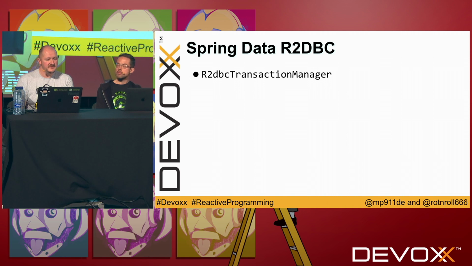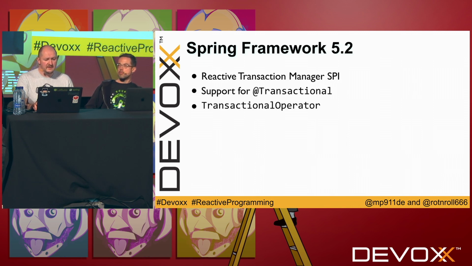Since writing R2DBC code isn't the most fun thing to do directly unless you're a library author, there's a much better way to consume R2DBC. There is this project, Spring Data R2DBC, that wraps R2DBC itself. It also comes with an R2DBC transaction manager that brings transactions into your reactive flows. The entire reactive transaction API is a new thing which was shipped with Spring Framework 5.2,